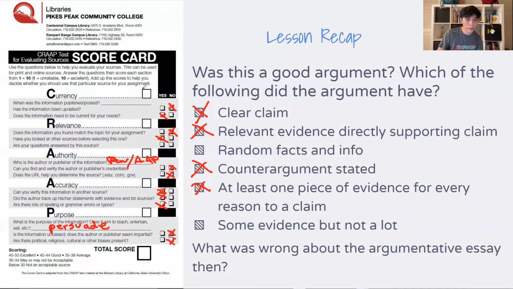So we can go through this and score each category. I'll give this a 3 for currency. For the next one I'll probably give it a 0, or you can't give it a 0, so I'll give this a 1. Is it relevant? For relevance, it was pretty relevant. The information presented in the argumentative text was relevant.